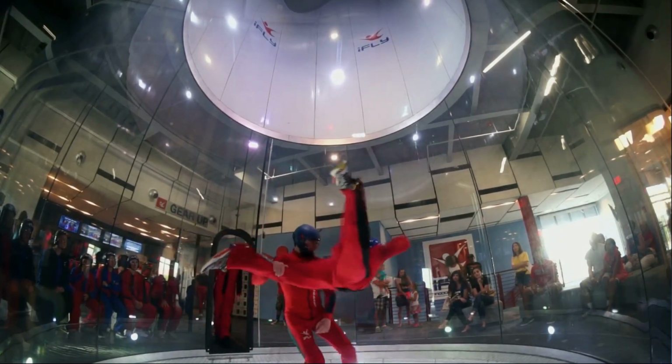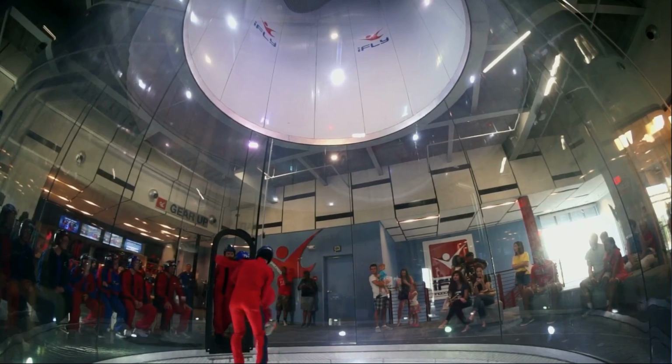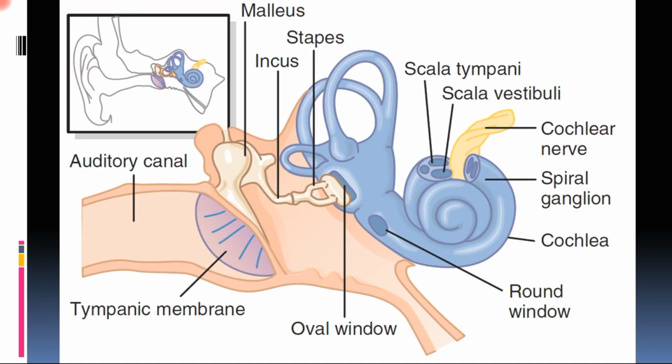So let us start and understand what is this vestibular apparatus. As you can see, it is the anatomy of the ear and especially the sensory part or the sensory organ of the ear. The whole anatomy of the ear, when we study about the external auditory canal, tympanic membrane, and the three bones which connect the external canal to the inner sensory part, that is the malleus, incus and stapes. And then this is the special sensory organ which is located inside both the ears. So the external ear, the middle ear and the inner part of the ear.